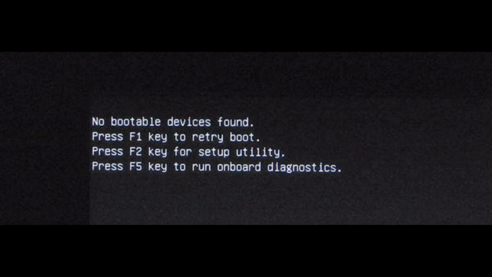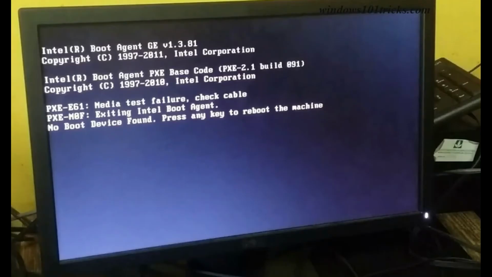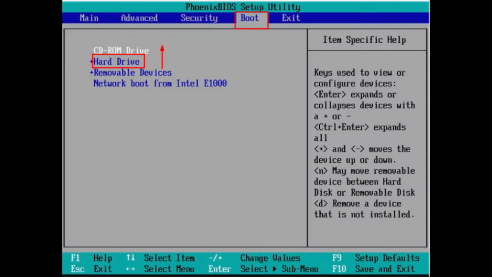Usually when an operating system loads, the first point of record would be the master boot record, which contains the files which refer to where the operating system should begin. So if these files or records are missing, not available, or corrupted, then you usually get this no bootable error message which pops up on the screen. A common solution to this problem is changing the boot priority in the BIOS menu.